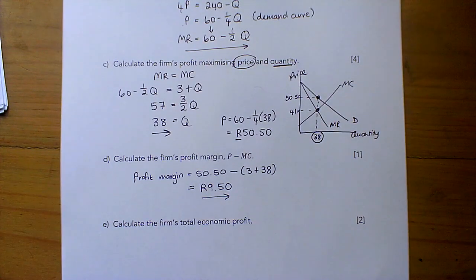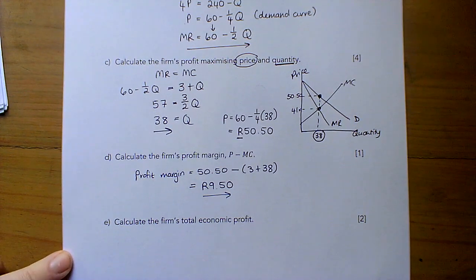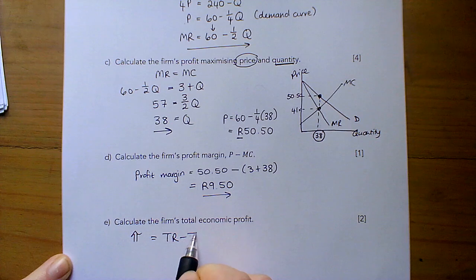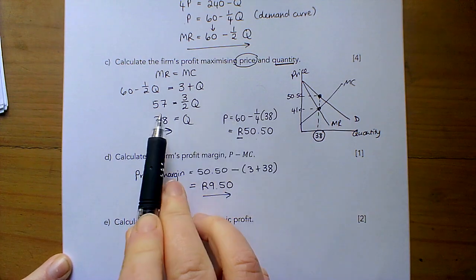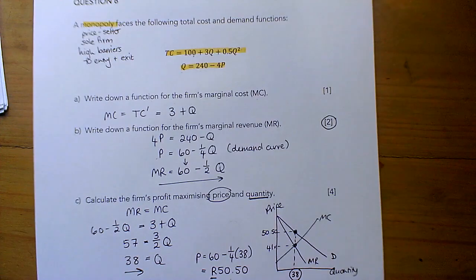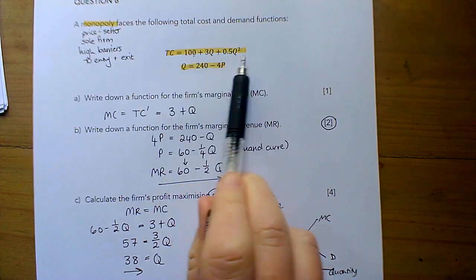And then part E, the final part of this question, asks us to calculate the firm's total economic profit. So the easiest way to calculate this is going to use the total revenue minus total cost formula. Total revenue is price times quantity. Price is 50.50, quantity is 38. So that's the total revenue. And then to get the total cost, I'm going to sub 38 into this total cost